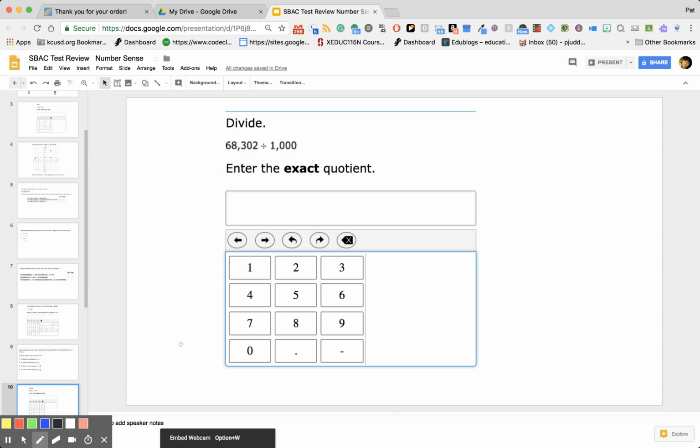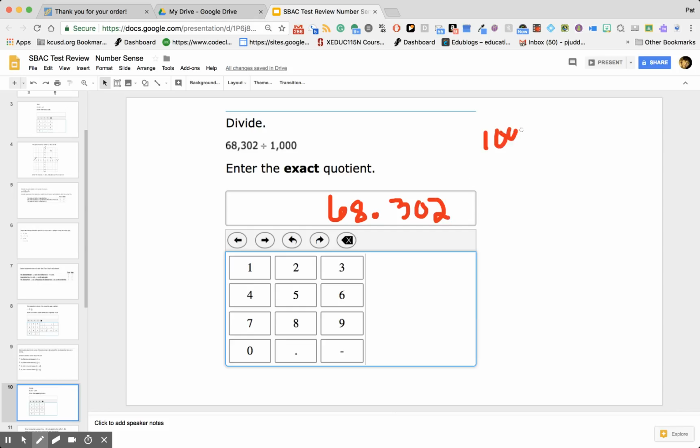Okay? So if you have 68 and 302 thousandths, you have a correct answer. Okay, you could have divided